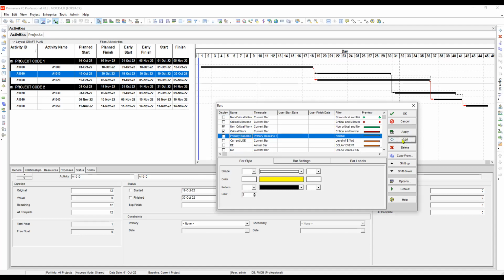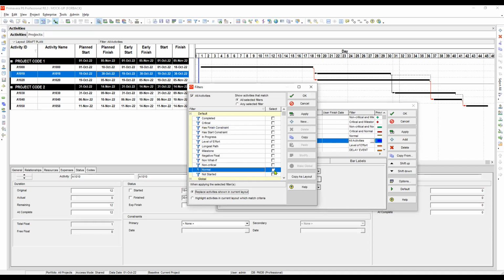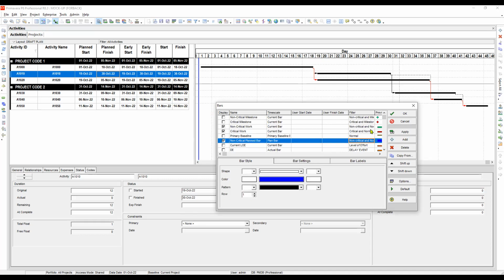Okay, let's add non-critical plan bar. And then let's choose plan. Okay, and then here, activities, we have to choose the normal and non-critical. And be sure that it is all selected, not any selected. Apply and then okay. And then our bar here, we will be using the